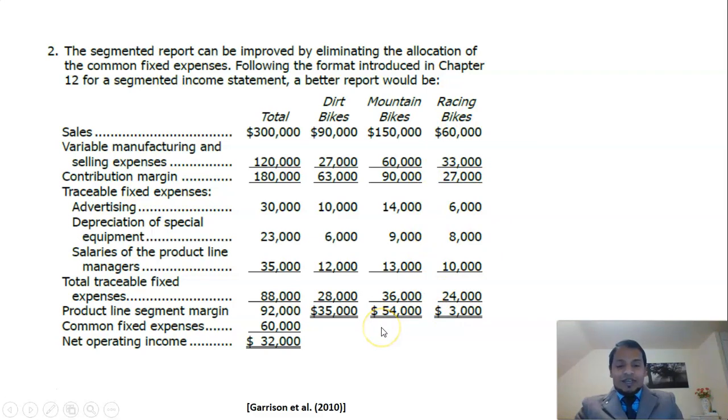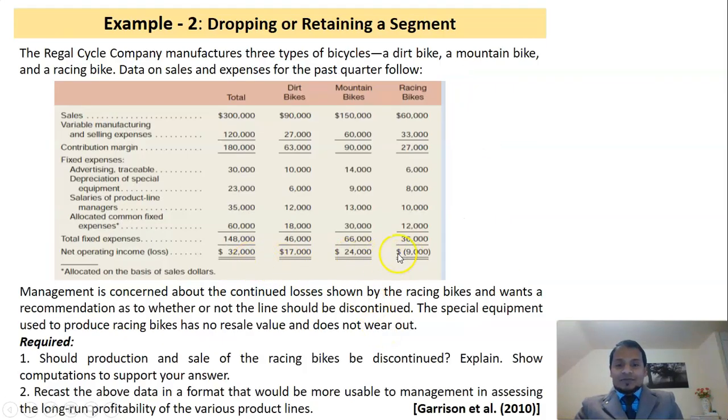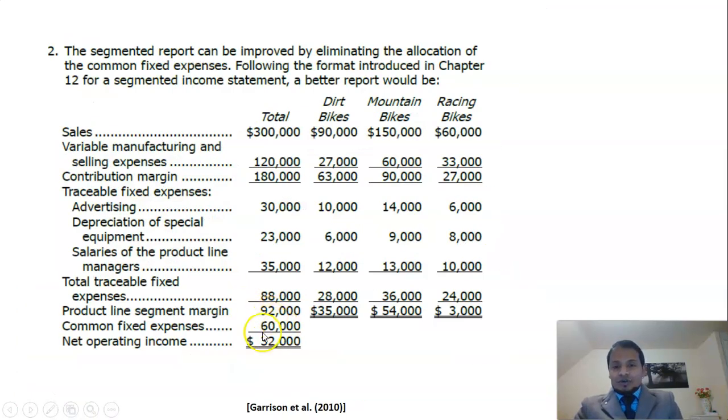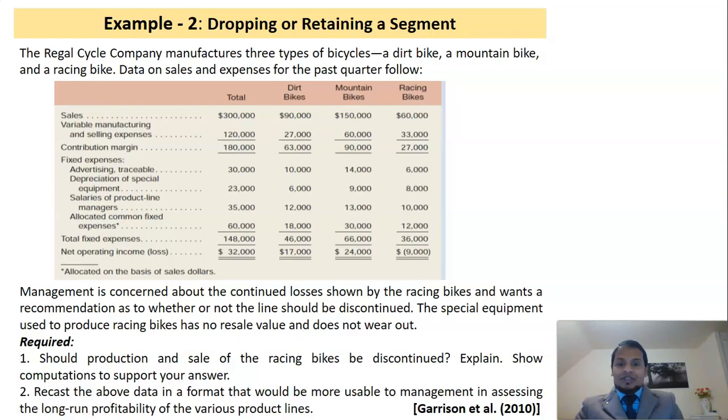Okay, so what about the head office expense? Head office expense altogether is 60,000. That is charged only on the total column, 60,000. So the total profit of the company is 32,000. So the total company's profit is the same, but the information which we can see based on the